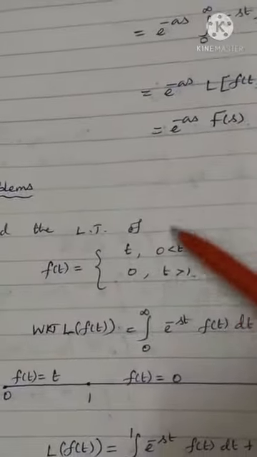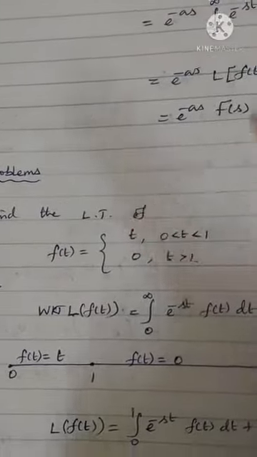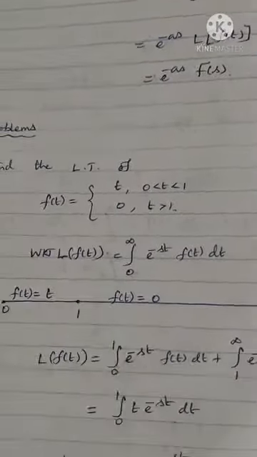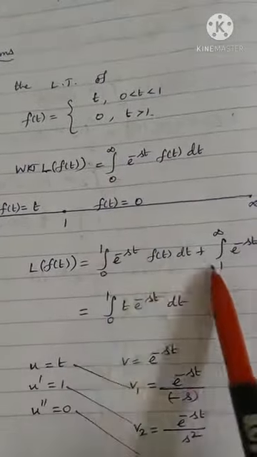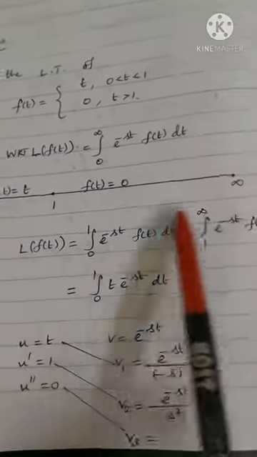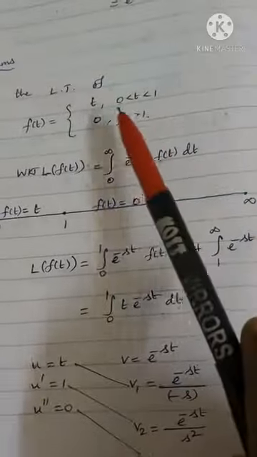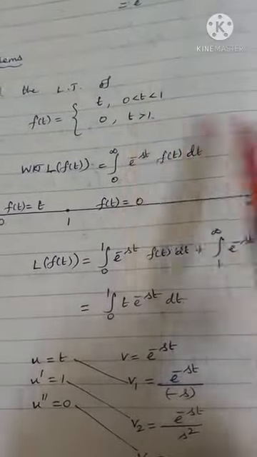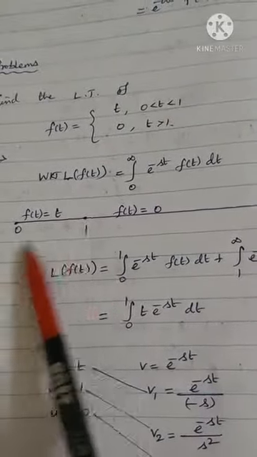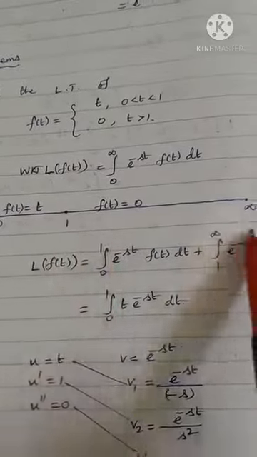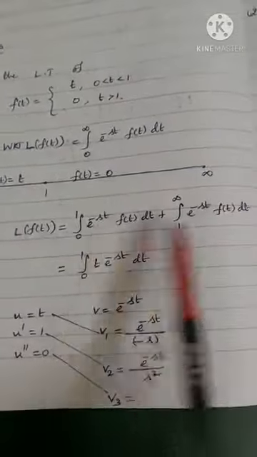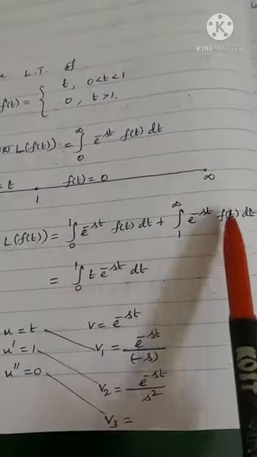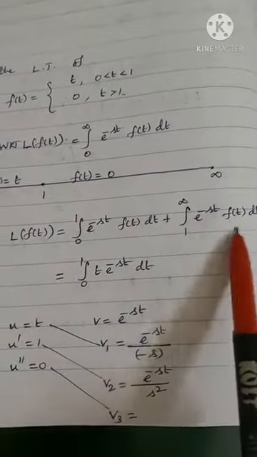Now the next model problem. Sometimes a function may be given like this, and the question may be to find the Laplace transform. How will we do it? We know the formula; we have to use the general formula. Listen here: the actual interval is 0 to infinity, but here the interval is 0 to 1 and 1 to infinity. When 0 to 1, the function is t. When 1 to infinity, the function is 0. So you have to split the integral into 2.